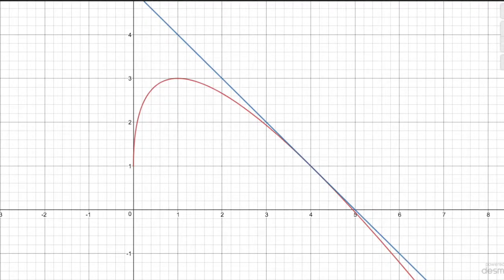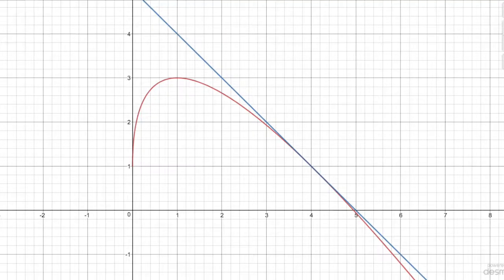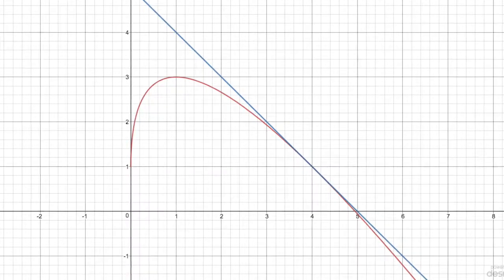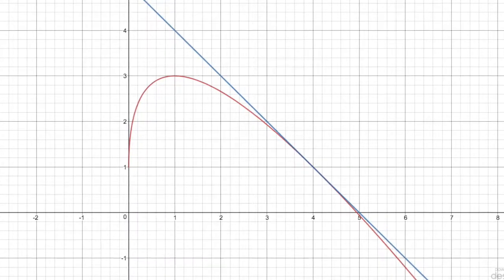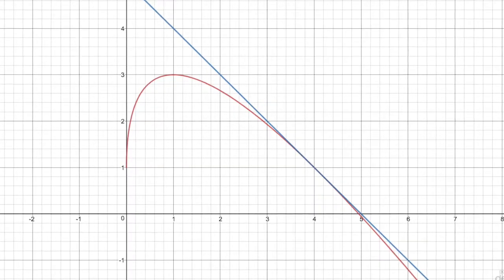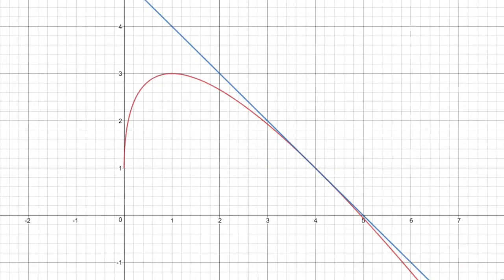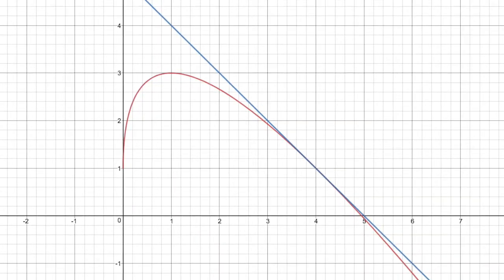In this problem, we were asked to find the tangent line, the equation of the tangent line at the point x equals 4 of the function that was given. In this graph, the red line is the graph of the